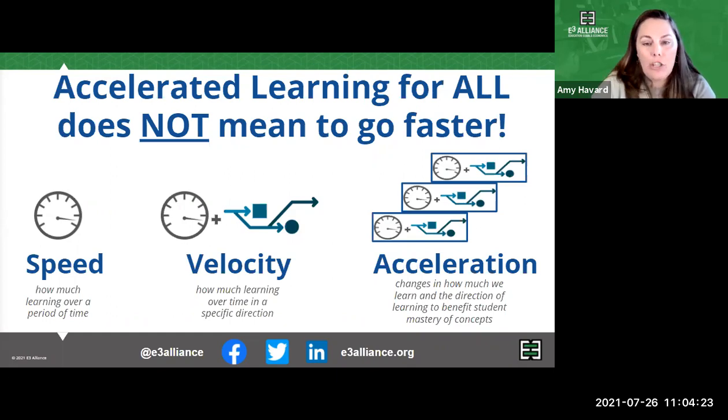It does not mean to go faster. It's important that we don't mix it up with other words as we adapt these science of motion terms to the work of educators. For example, speed, which is your pacing, how much learning will happen over a period of time. Then velocity, which is the speed of learning in a particular content or category. That's the direction that learning takes. And that means that acceleration synergizes both of these ideas into one, with the notion that we adjust them according to the learning objectives and the student needs.